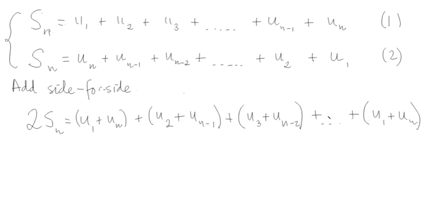Now we see what's happened. We've got at least two terms which are identical. We've got u1 plus un here, and we have another u1 plus un here. So these two are going to simplify. But what about these two here? You remember, the nth term in an arithmetic sequence is given by u1 plus n minus 1 lots of d. I can express